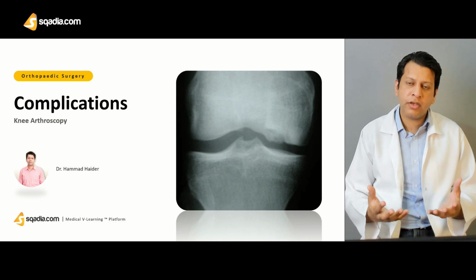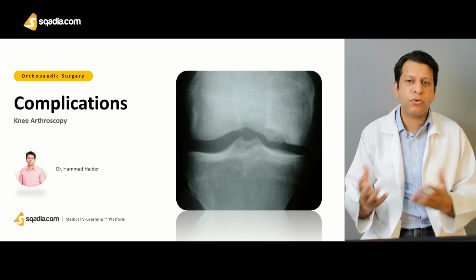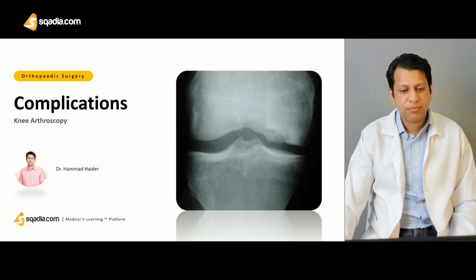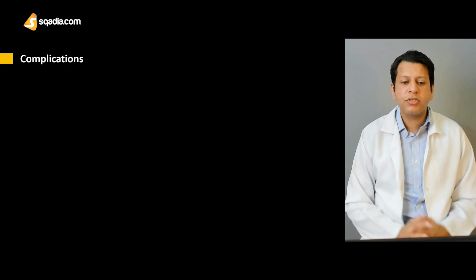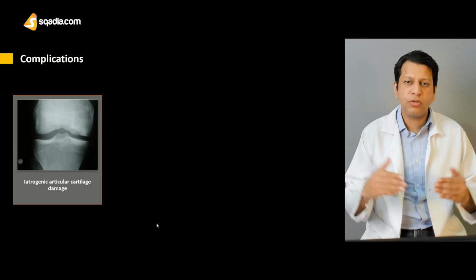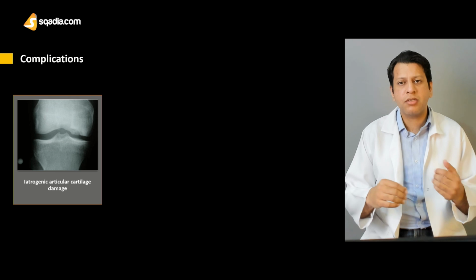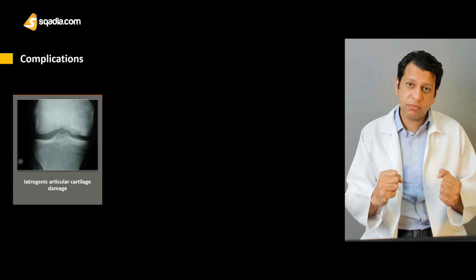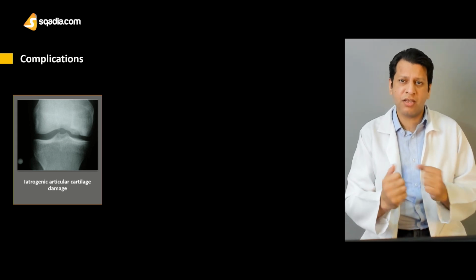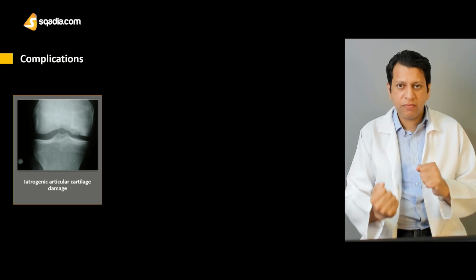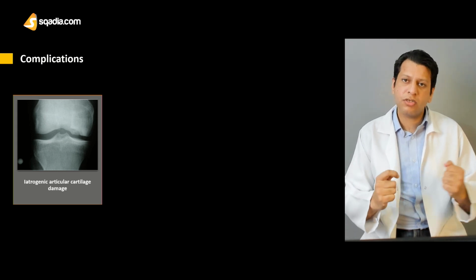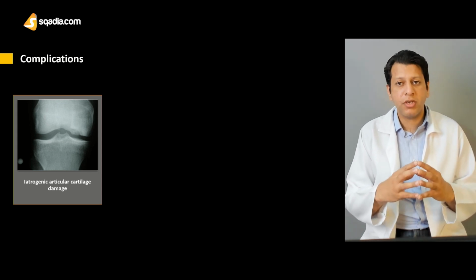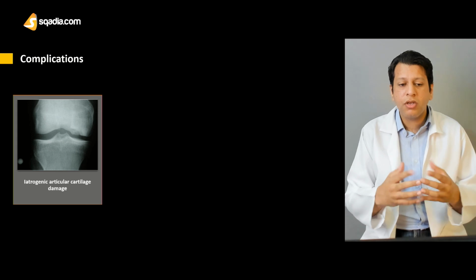Then with every advantage, with every pro, there are always some cons as well. And the most common complications include iatrogenic articular cartilage injury, because as you're putting in trocars, sometimes there is not a lot of space available, and sometimes a novice surgeon may be struggling with the trocar. So when you are actually fighting for the space, there is always a chance that your trocar hits the cartilage of the femur or the tibia as well, and this would eventually lead to problems such